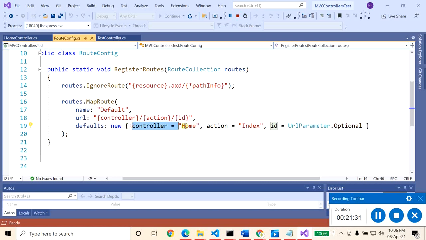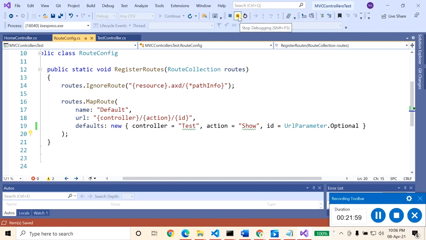By default the controller name is home and the action name is index. Suppose I change the action name to show, and let's change the controller name as well to test.